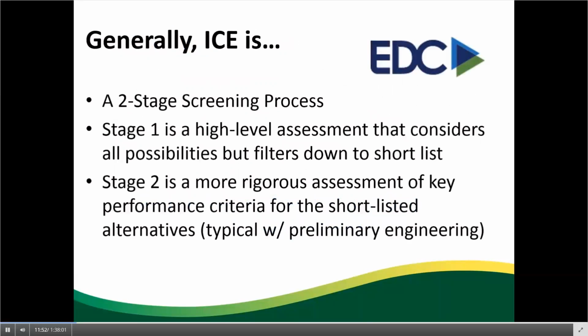What is ICE? ICE is generally a 2-stage screening process. Really, stage 1 is what you would consider to be the new part of considering these designs. So stage 1 is a high-level assessment to consider all the different geometric and control alternatives. But through a quick screening process, using techniques like the ones that we'll hear about from Bastian, the idea would be to whittle a long list down to just a short few. Stage 2 then is the more rigorous assessment that would typically be done as part of preliminary engineering anyway. So, you know, there's not a whole lot of new here, but the whole idea of approaching it from this